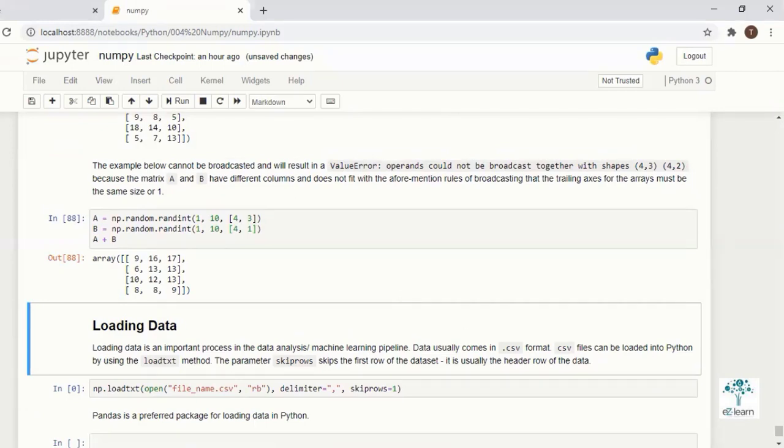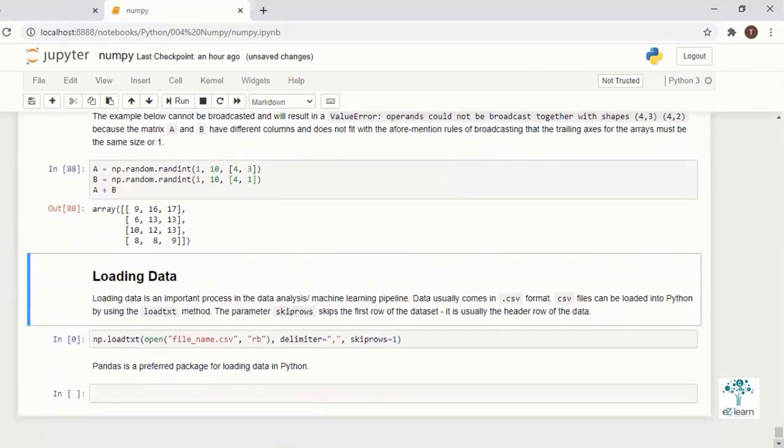That is an important property of NumPy matrices. Next thing is, if you want to load data, because so far we have created random numbers. If you want to use real data through NumPy, we can use np.loadtxt.